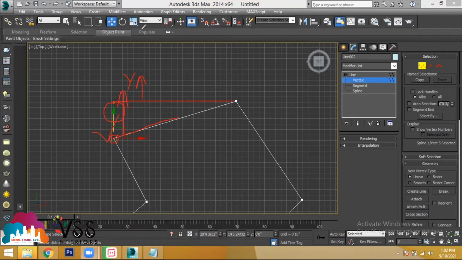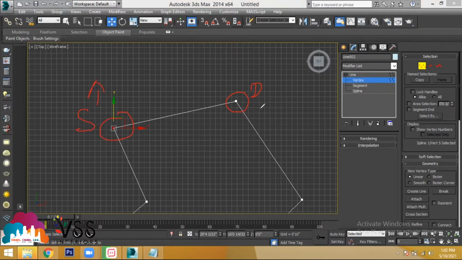By dragging the mouse like this, you can't make the line straight. In that case, what you have to do is select the destination endpoint. If you want to move this endpoint in y direction and make it straight, select the destination. For this line, the destination will be this one. Now this is destination and this is source. Source is the object which you want to select and move, and the destination is the one which will remain constant, and from there the line has to become straight like this. So that will become your destination.